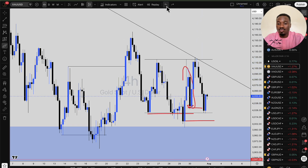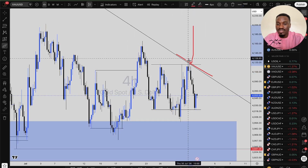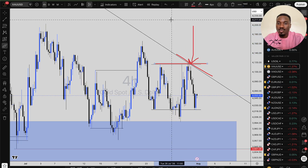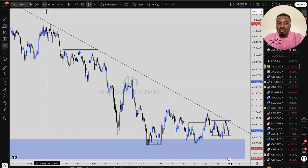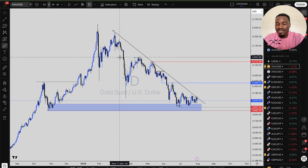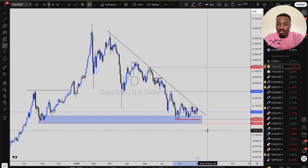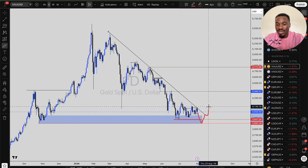So next week on gold, we are still expecting more price to push to the downside. Also take note of the dynamic trend line acting as a dynamic resistance for price last week. Also some internal liquidity sweep at the top. So next week we are still expecting more downward push on gold. For gold to go up, to buy, to go bullish, there is still a need for external liquidity, which means this lower low at 3,940 still needs to be taken out with strong demand, whereby price reverses it